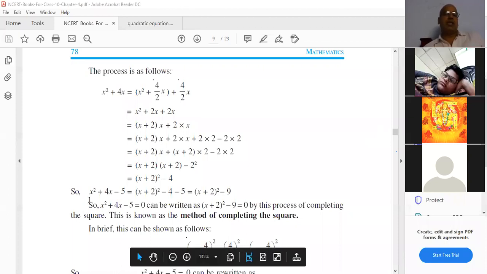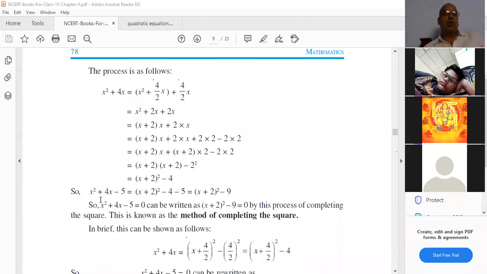Now you see, x square means x whole square. Next here, the 2ab term. 2ab means 2 of a, and a means x, so 2 of x means 2x. Over. Next I want the b term. The b term I want in place of 2x. Next here, 2x is there. What is left? 2 is left. 4x means 2 into x into 2. I split it like that. Understand? How did I split 4x? 2 into x into 2.